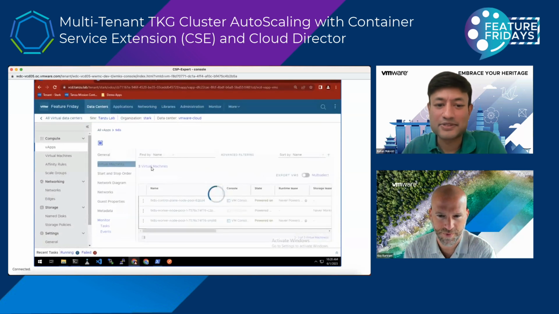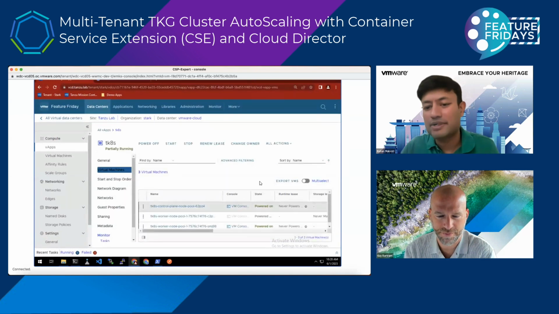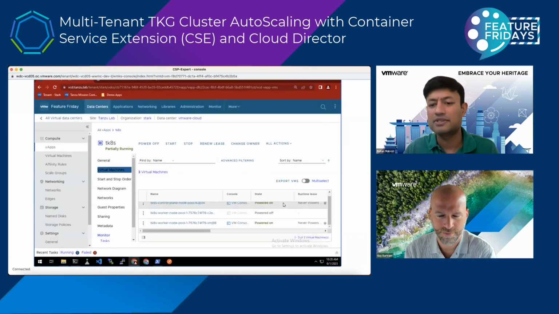Oh yeah, awesome. See, it's actually creating a new worker node pool. It is in the power off state, I believe. And the next step is it will go into a partially powered on state,